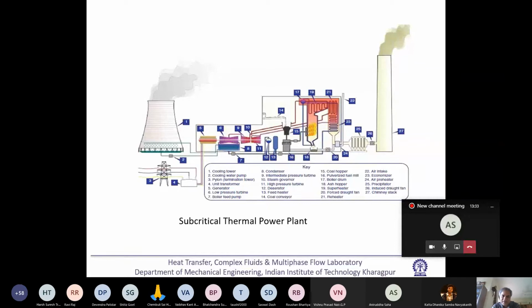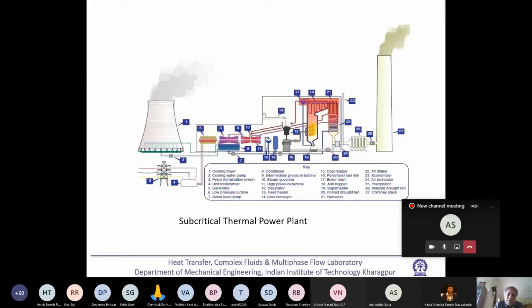water circuit. Water is the working fluid. The air circuit, because air is very much needed for combustion and transport of thermal energy. And then there is another water circuit, which is the cooling water circuit. One is the working fluid, water and steam circuit, and another is the cooling water circuit.